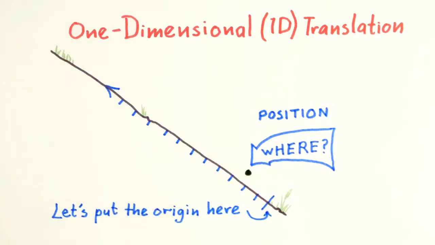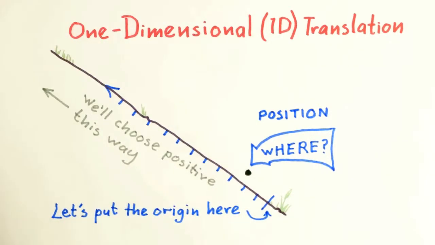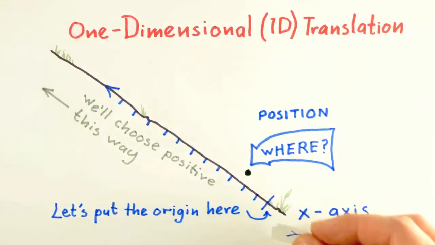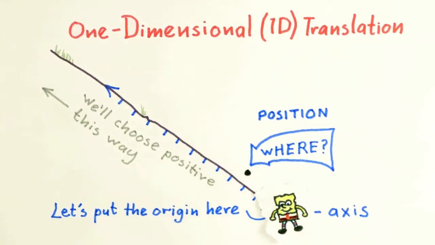Recall that we are free to choose the origin, orientation, and title of our axis, but once we make such a choice, we'll stick with it. For example, we are going to title the axis the x-axis, but we could have chosen any other name: the y-axis, the z-axis, the SpongeBob axis. The choice of label, as well as the choice of origin and of axis orientation, doesn't matter as long as